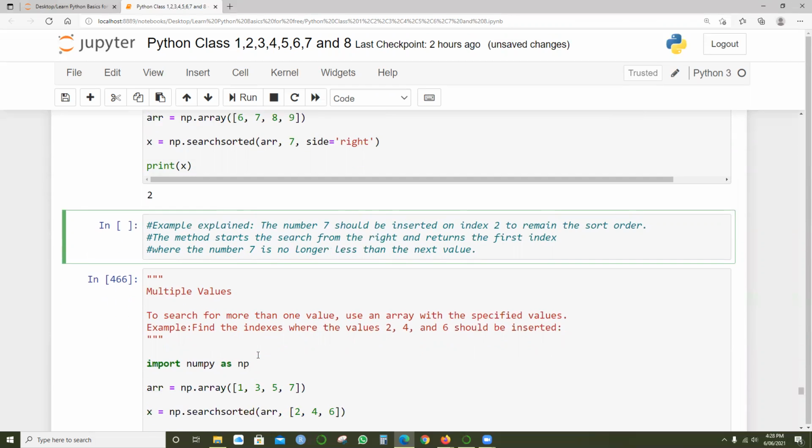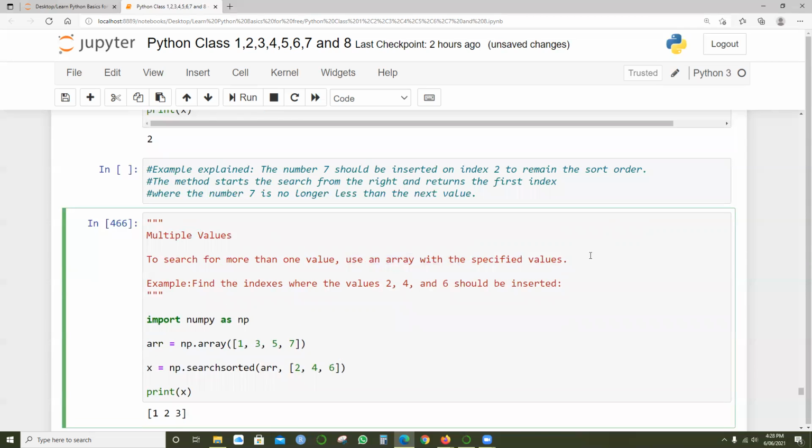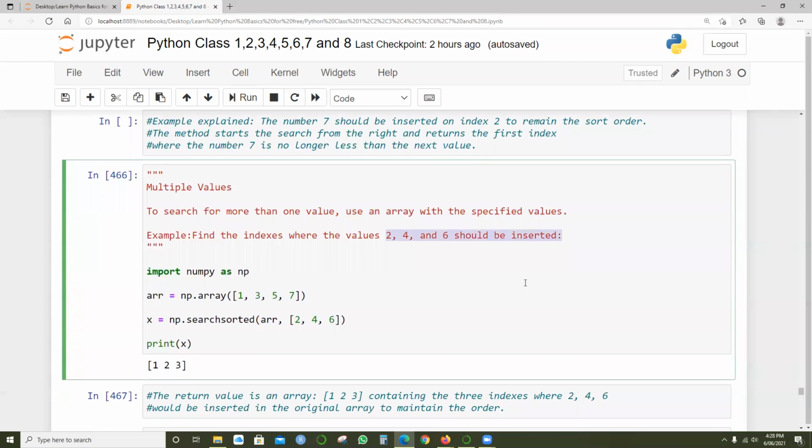This one is for multiple values, multiple indexes, that I want to bring up. To search for more than one value, use an array with the specified values. Example: find the indexes where the values 2, 4, 6 should be inserted.